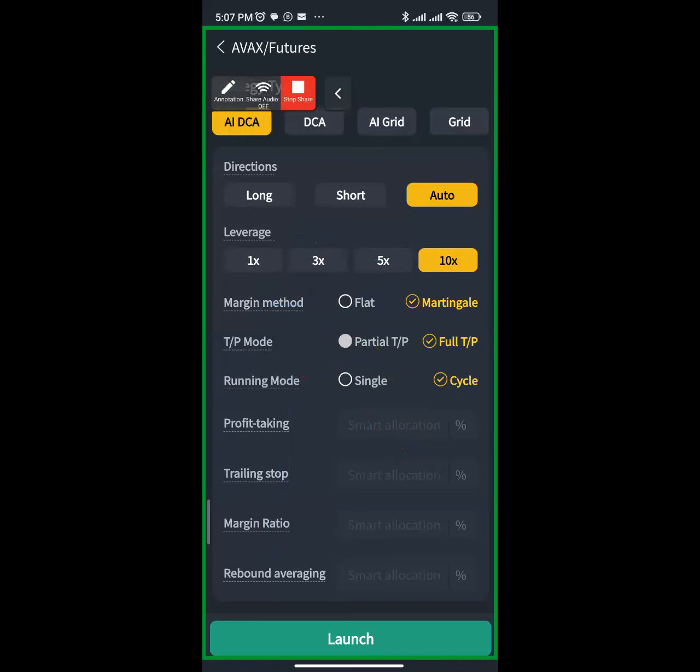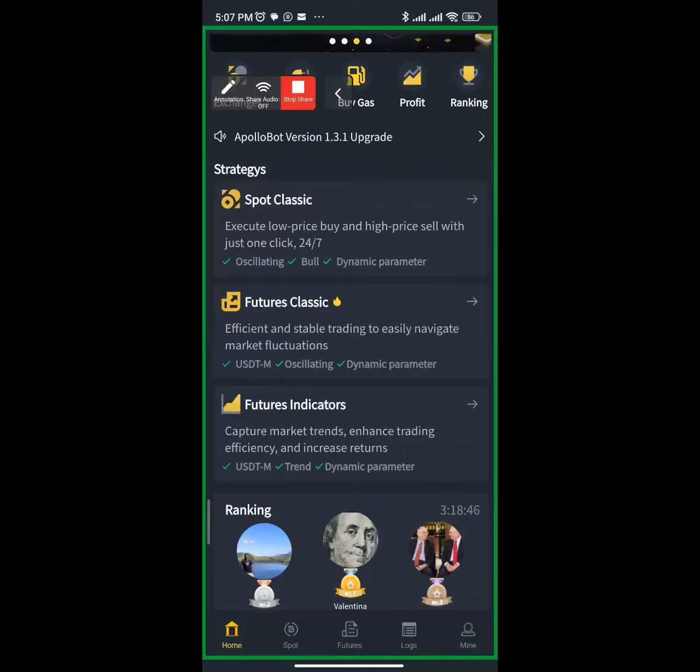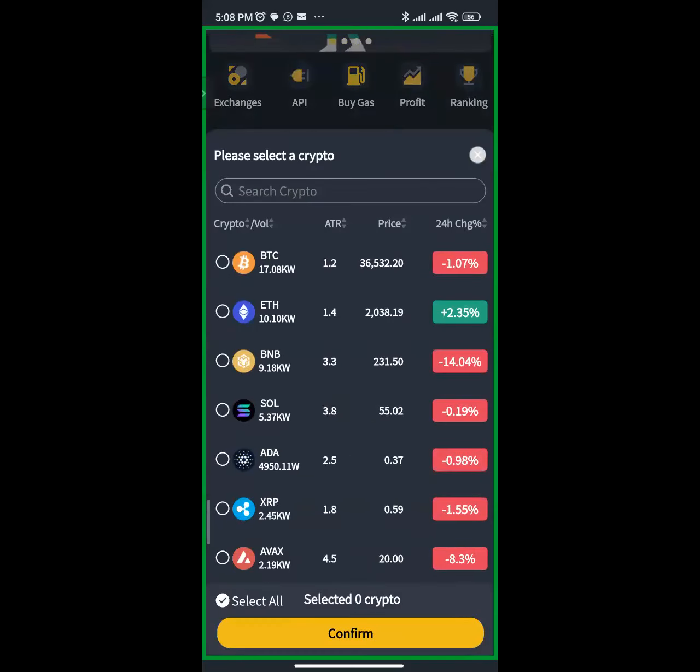So let's quickly go into the spot classic. That's the spot market. All right, we tap on the spot market. We're going to see the same scenario play out. Now, how much do you have? And remember, I want us to know the difference. Now that we're in the spot market, I want to explain the difference between the AI